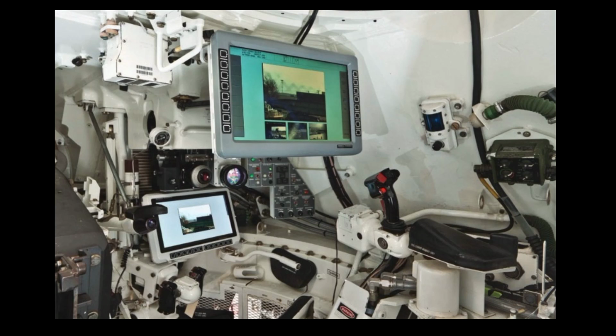You can see the improved gunner primary sight. It does not have any optical channels. The day channel is obviously only a camera, and there is no gunner primary sight extension for the TC. There is no need for it. As we can see, both the gunner and the TC, the tank commander, have unified high definition displays. So both the gunner and the TC can have a view from multiple sensors: the day sight, thermal sight, the commander's CITV, and also the common remotely operated weapon system station,